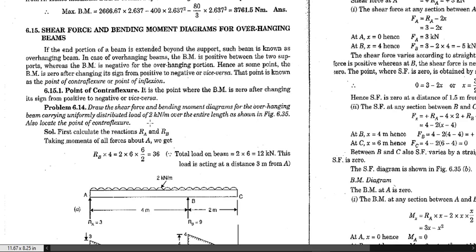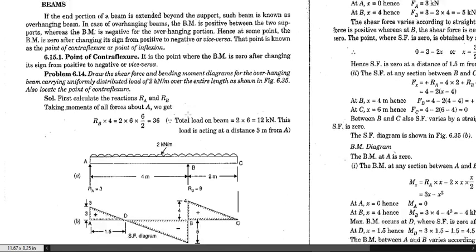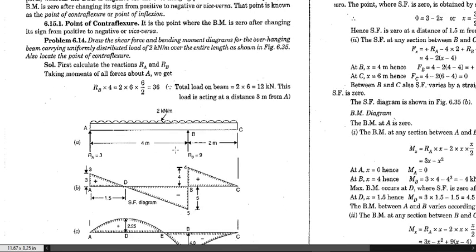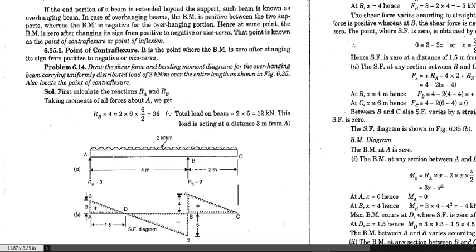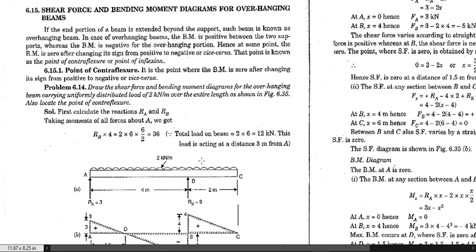So let us at first see what is an overhanging beam. When we say that a particular beam is an overhanging beam, this is an example of an overhanging beam. In this case you can see that this is an overhang portion which is projected out of this support. So if you see a structure like this, then you can say that this is an example of an overhanging beam. So let us try to understand how we can draw the SFD as well as BMD using a simple example like this, that we have a load of 2 kilonewton per meter that has been applied over this